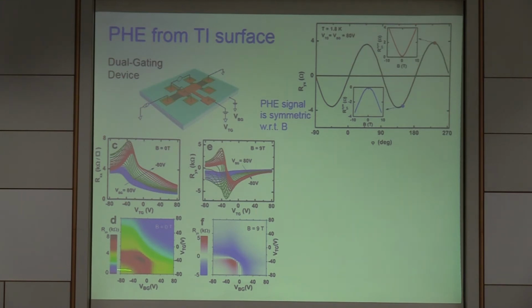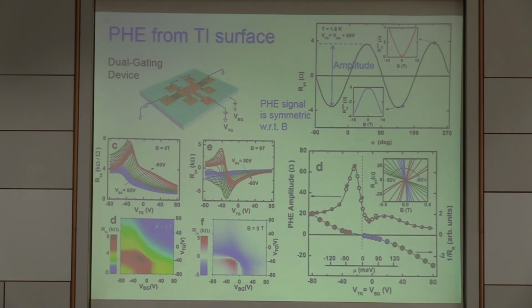And these 2D color maps show how the resistivity or the Hall resistivity changes when we scan the bottom gate voltage and the top gate voltage independently. Okay. And for example, this dark red color signifies the maximum in the resistivity. So this maximum occurs in a very narrow region of the top gate and bottom gate plane, which means that the crossing of the Dirac point occurs only at a very well-defined gate voltage. And this